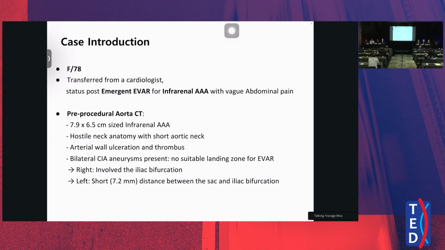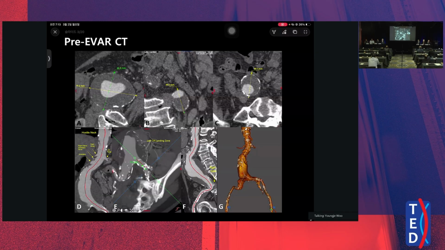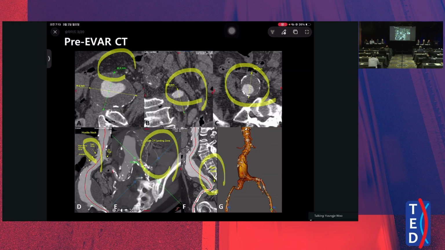And as you can see on these images, you can see the heavy intraluminal thrombus in both the abdominal aneurysm and both CIAs. And you can also see the right accessory inferior renal artery is visible, and the arterial wall alteration is just distal to it. And the left CIA landing zone is extremely short at 7.2 millimeters, and on the right the aneurysm extended